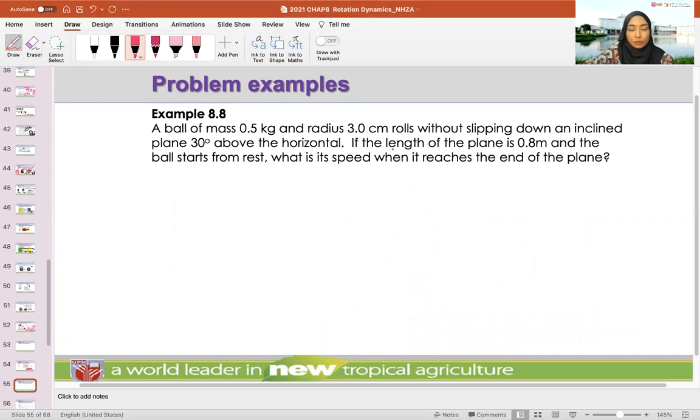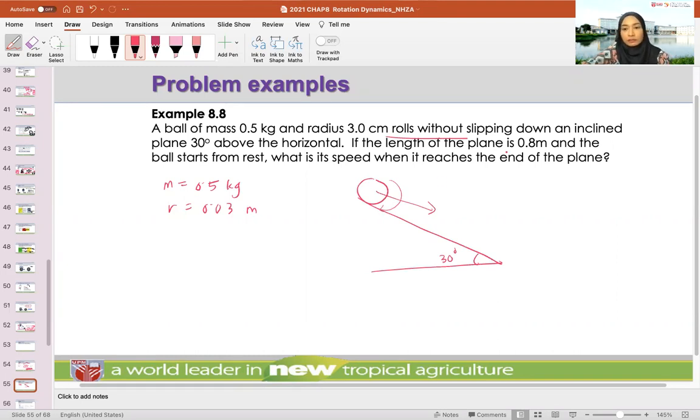A ball of mass 0.5 kilogram and a radius of 0.03 meter rolls without slipping, meaning to say it's uniform, down an inclined plane 30 degrees above the horizontal. So this is your ball. It is rotating and also moving forward. Okay, and at the same time, it is also rotating. If the length of the plane is 0.8 meter and the ball starts from rest, omega naught is equal to,